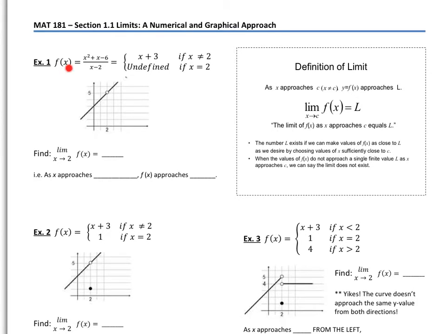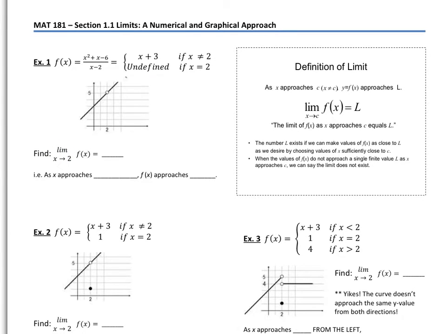For example 1, they give you this function, which can be simplified algebraically by factoring the numerator, and it divides out that negative x minus 2, which says that at x equals 2, this function's undefined. If you remember, this is when there's actually a hole in the graph, and you can see that hole here. So let's take a look at the limit,